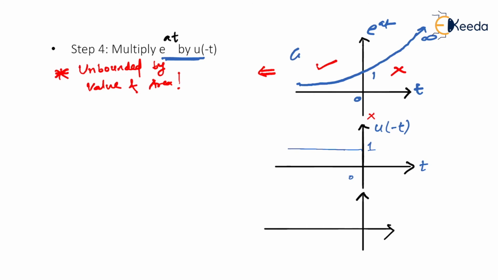Definitely again we have a curve here, and here the value is 1. Multiplying the curve with 1 we get a curve like this having amplitude 1 here, and on right hand side, as you can see, it has got a curve, but on right hand side the u of minus t value is 0, so the curve multiplied by 0 will become 0 ultimately. So the resultant signal, as you can see, is bounded by value and bounded by area.